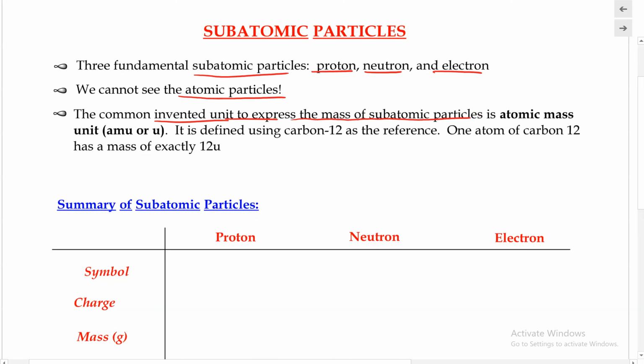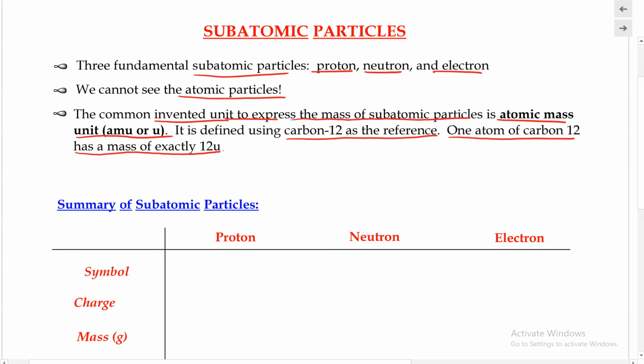And this unit right here is called the atomic mass unit. And it is abbreviated either with AMU or U. So they both mean the same thing, the atomic mass unit. And the atomic mass unit was defined using carbon-12 as the reference. And so it is defined in such a way that one atom of carbon-12 would have the mass exactly equal